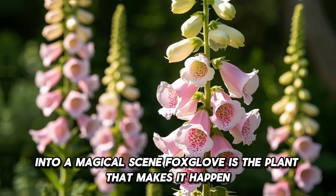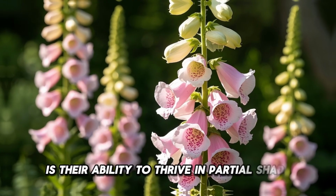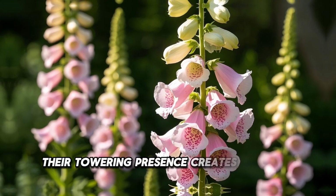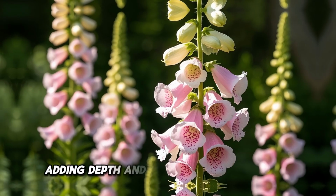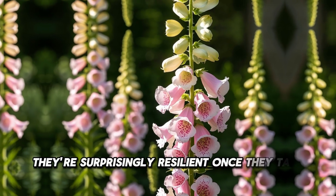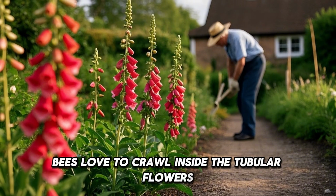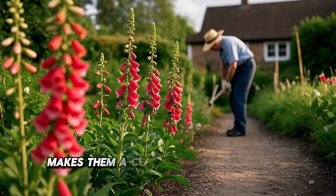that makes it happen. What makes foxgloves remarkable is their ability to thrive in partial shade, where many bold flowers hesitate. Their towering presence creates vertical accents that draw the eye upward, adding depth and structure to your beds. And while their beauty may feel delicate, they're surprisingly resilient once they take hold. Bees love to crawl inside the tubular flowers, buzzing with delight, while their stately appearance makes them a centerpiece in